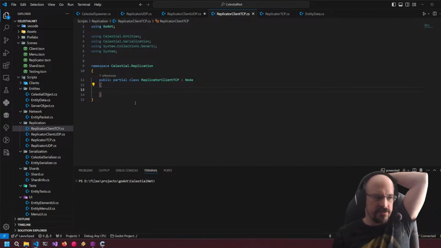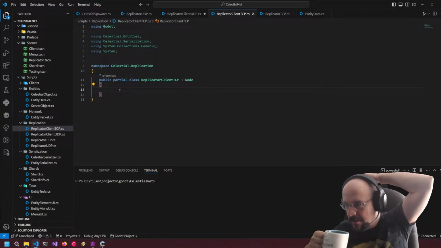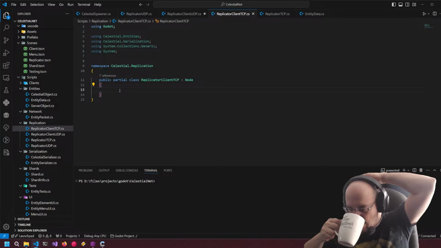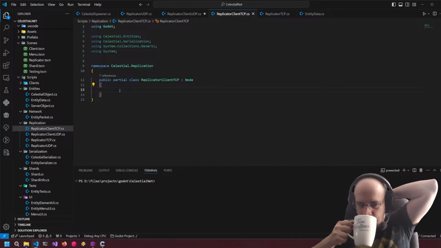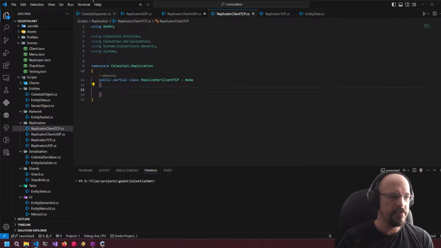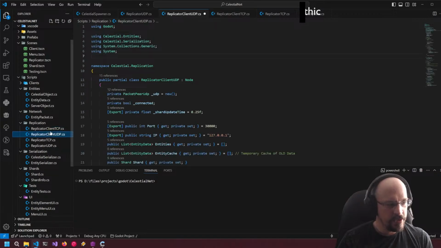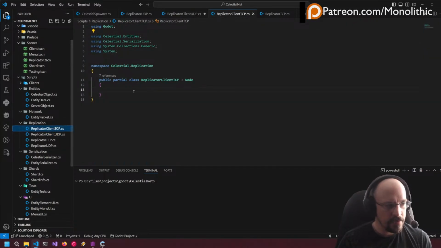But it's easier to bounce it off the replicator and have it responsible for knowing where it needs to go. But yeah, it's going to be interesting to see where I go with it. I think we're just going to have a TCP client and a UDP client, and we're just going to